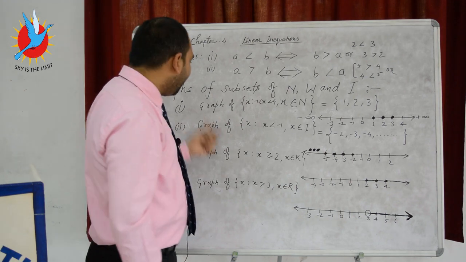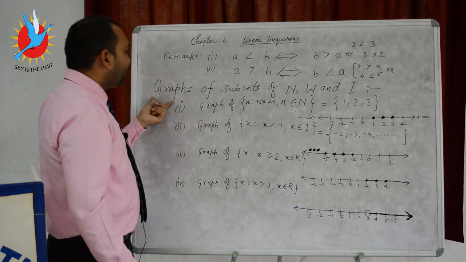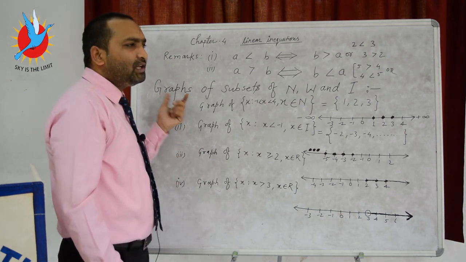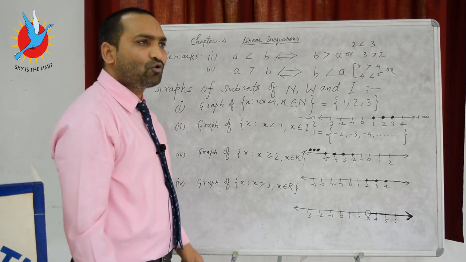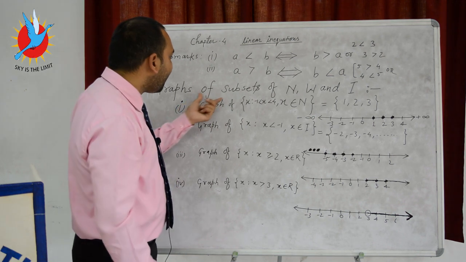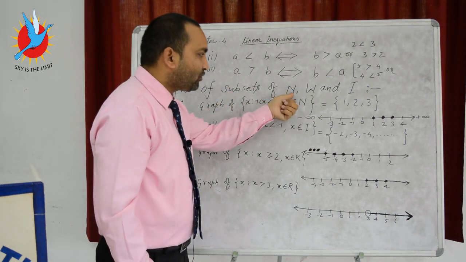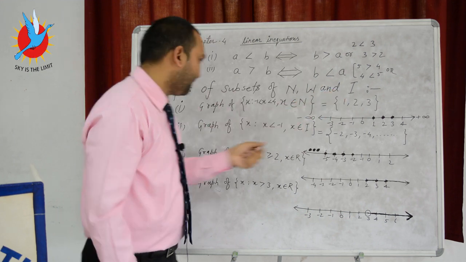So continue this chapter: graphs of solutions. How do we represent the linear inequalities, the solution set of the linear inequality, on the graph? So graphs of subsets of natural numbers, whole numbers and integers. First question,